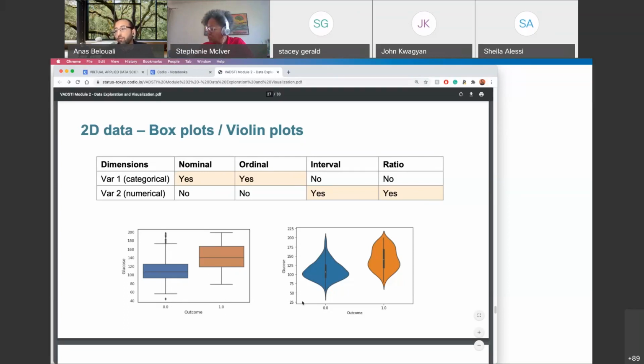Another way of plotting one categorical variable against one numerical variable is a violin plot, and you can think about this